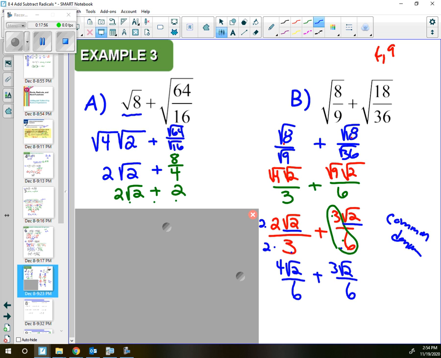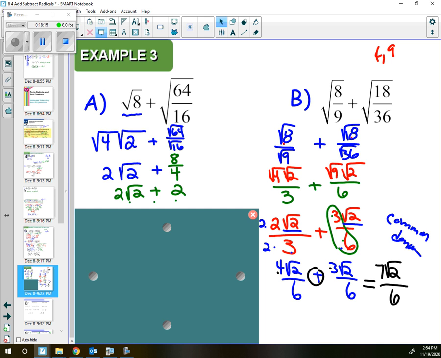So that same idea that we did for those warm-up questions works here as well. We just need to get a common denominator so we can add them together. So let's put them together. 4 of them plus 3 of them would give you 7 of them. So 7 square root of 2 over 6. So we could do the same idea with radicals that we would just with a regular fraction, which is kind of cool. Okay, we're going to finish up with